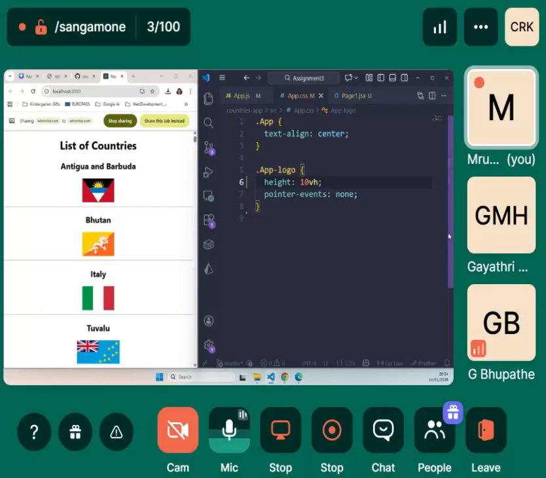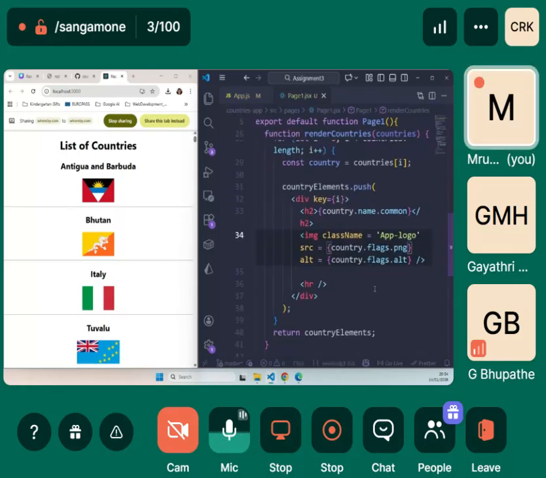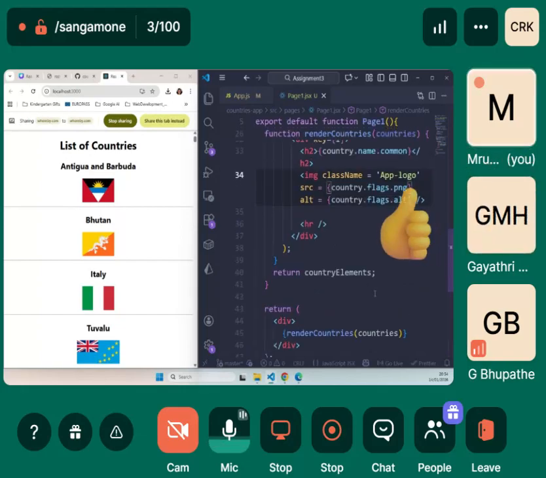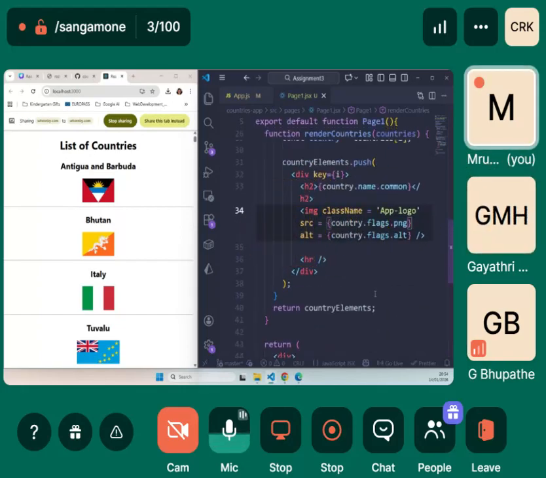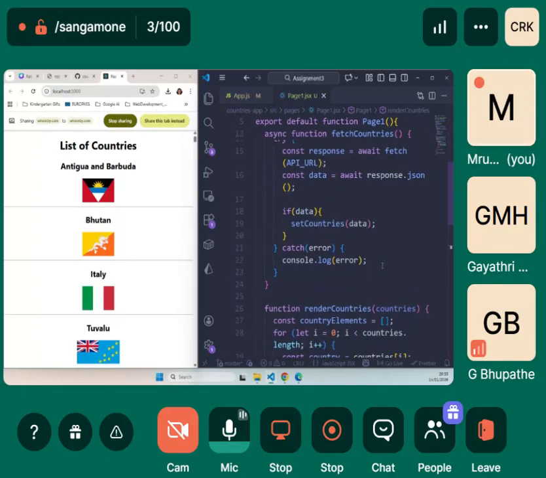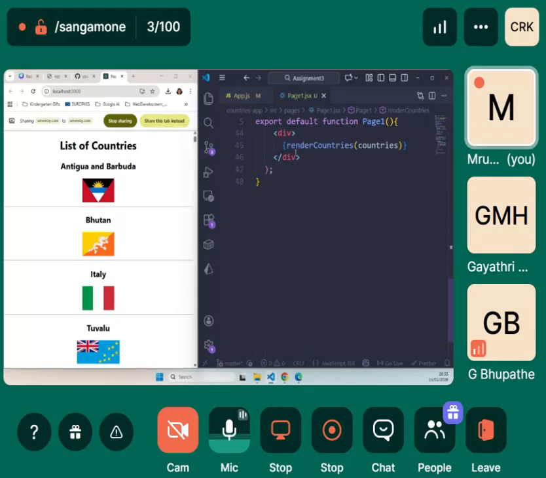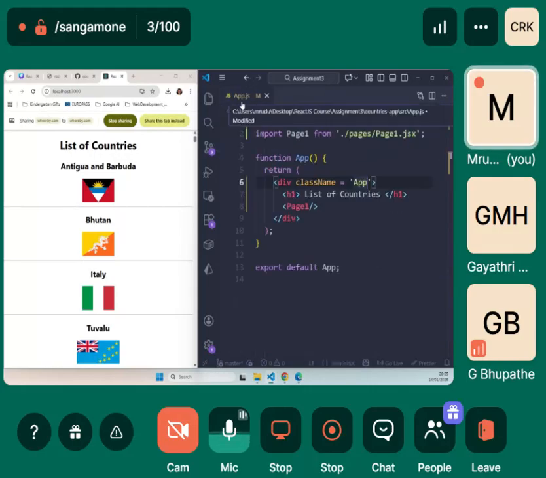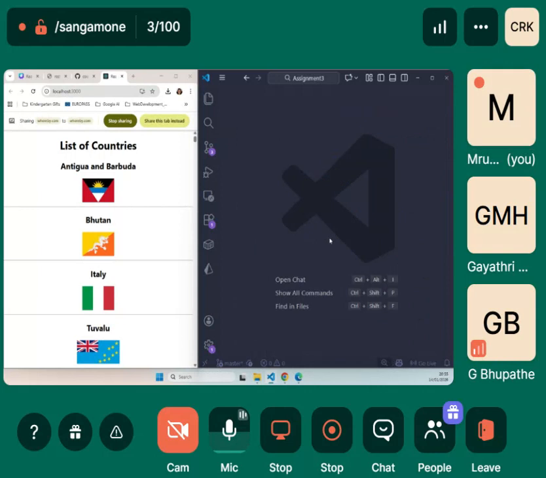So then we have completed today's task and we have understood our assignment. So Gayatri and Bhupati, please try to do this if possible, at home. It's a very simple one. So you would need a maximum of 20-30 minutes to complete this. And then I would like to hear your experience tomorrow. Okay.